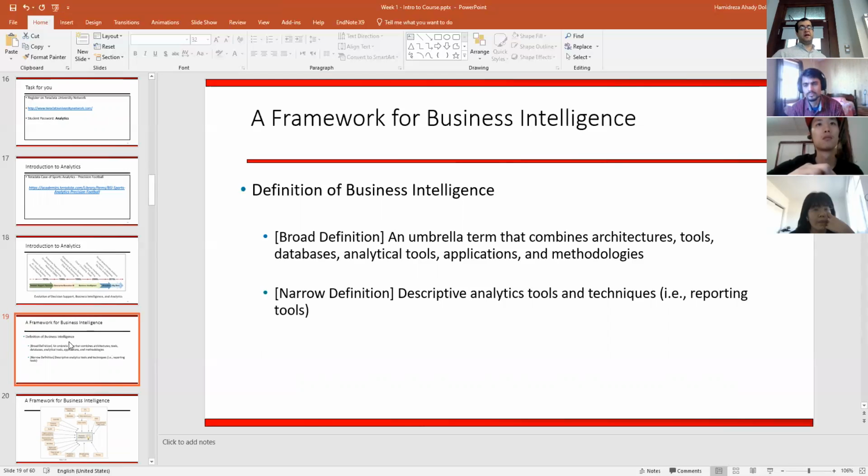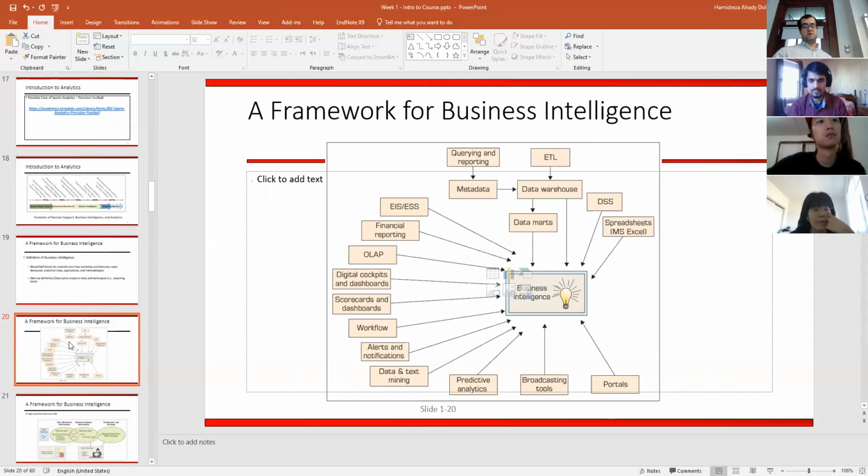But the first one is descriptive analytics, which you use for reporting. For example, you want to see what the current situation is. You make some histograms, let's say you want to predict the stock market. You can make a figure about the standard deviation of the price today, or a pie chart about how many trades are based on specific industries, and so on and so forth. So basically, in descriptive analytics, you make some visualizations and reports about what is going on in the current situation. This is the first part of your course.